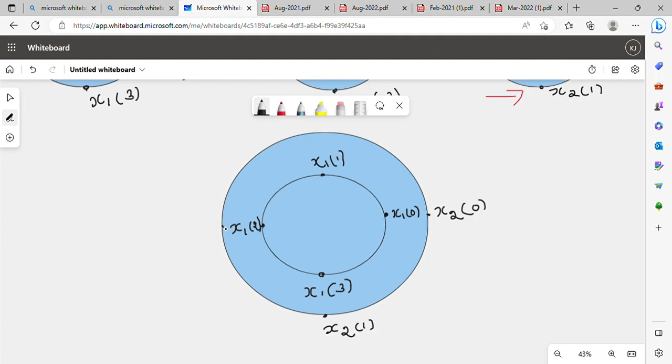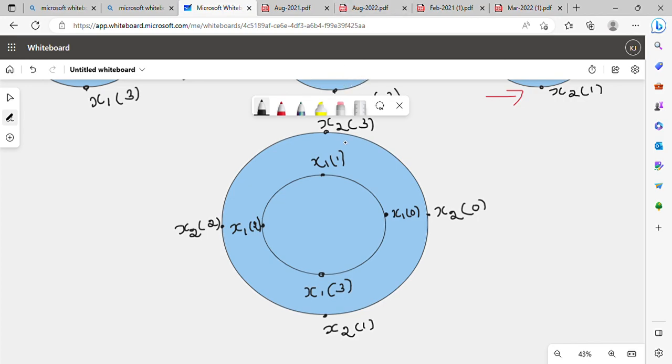So here it is x2 of 2, and here it is x2 of 3, right? This is my circular convolution of x2 of minus n of 4, right? So now next thing I'm supposed to do is that I have to